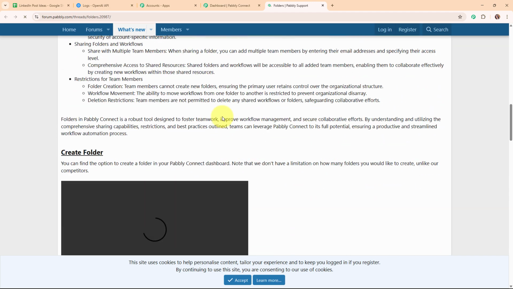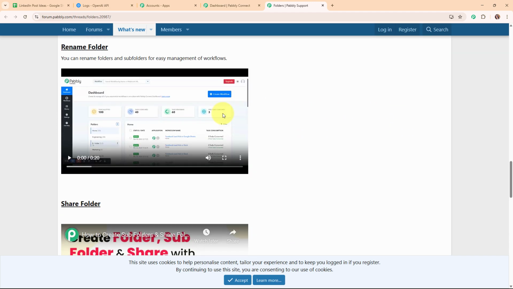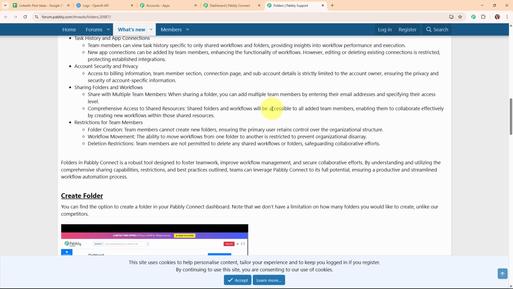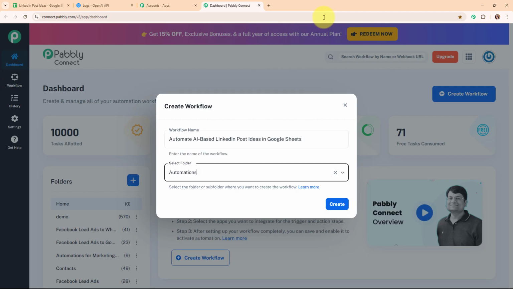learn more hyperlink given over here. By clicking on this, it will take you to a forum window where you can see all the instructions on how to create a new folder inside Pabbly Connect. Alright, so now moving back to my Pabbly dashboard, and here to create a new workflow, I'm going to click